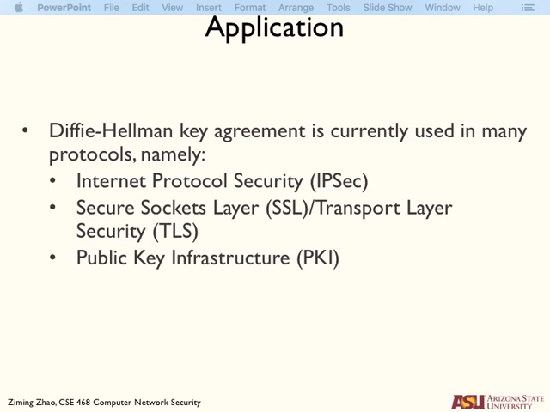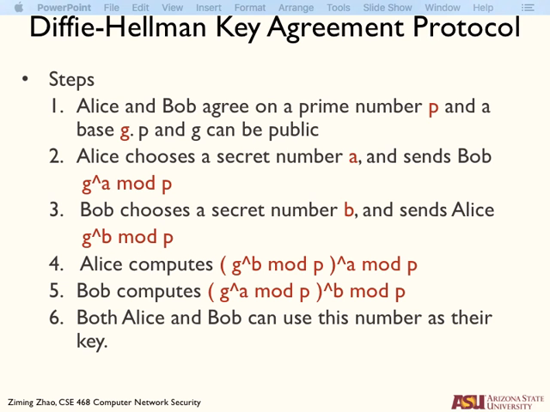So why do we have to study this Diffie-Hellman algorithm? Because later we are going to talk about IPsec, we are going to talk about SSL and the PKI. All of them use the DH algorithm to exchange keys for later symmetric key encryption. So how does it work? Actually, it's very simple to understand, even though it's very hard to design something like this, but it's easy to